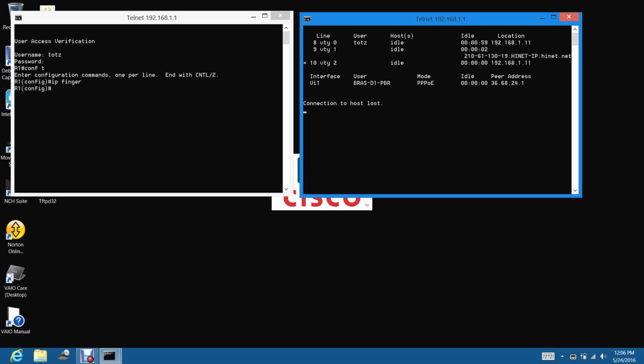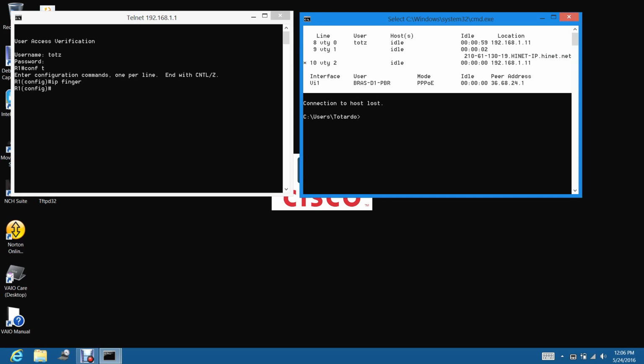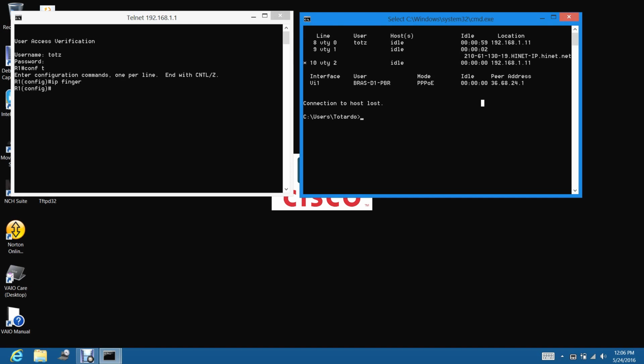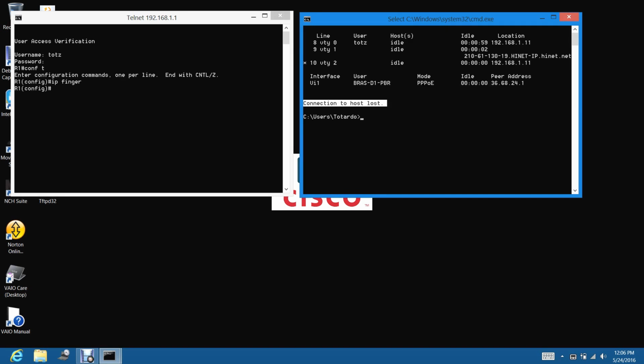This is the output, and after showing the output, the router disconnects the session directly.